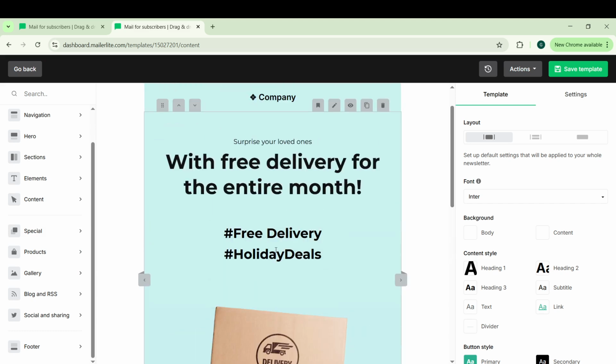Once your template is designed, click Preview to check how it looks on different devices. Pay close attention to spacing, font size, and how images and buttons display on mobile versus desktop. Before you finish, send a test email to yourself. This helps you confirm that all buttons and links work correctly and that the email renders the way you expect